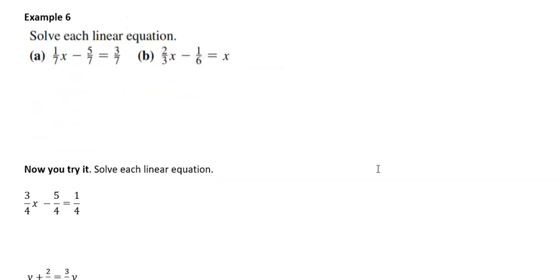All right, so we're going to solve this first one by multiplying everything by the least common denominator. And if you take a moment to stare at A, you'll see that everything has a 7 in the bottom, so that's pretty straightforward. So we're going to multiply every single thing by 7. So I'm multiplying both sides by 7, or 7/1, however you want to think of that. So the first one is going to be 7 times 1/7, and that becomes